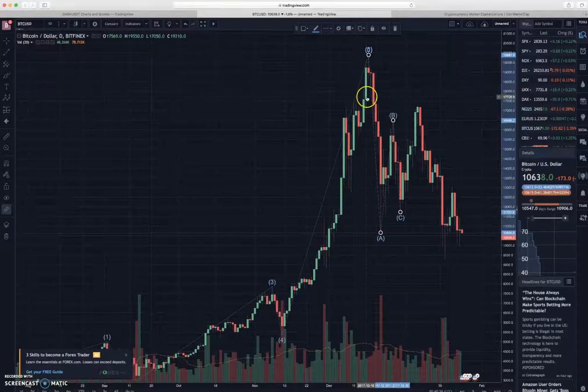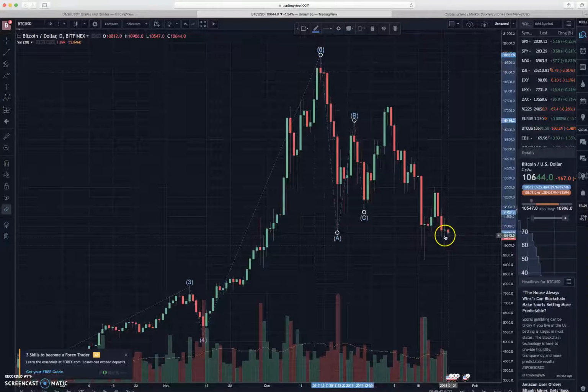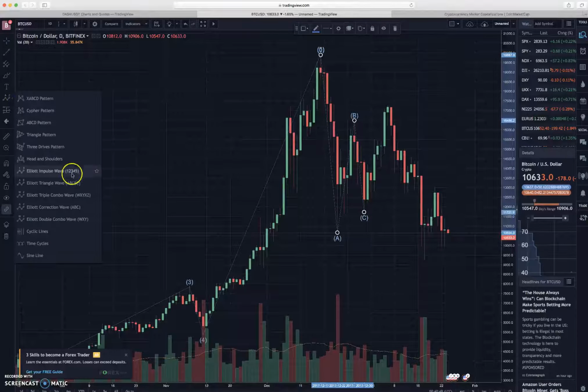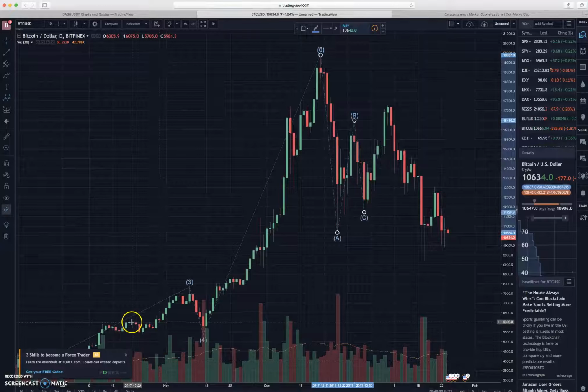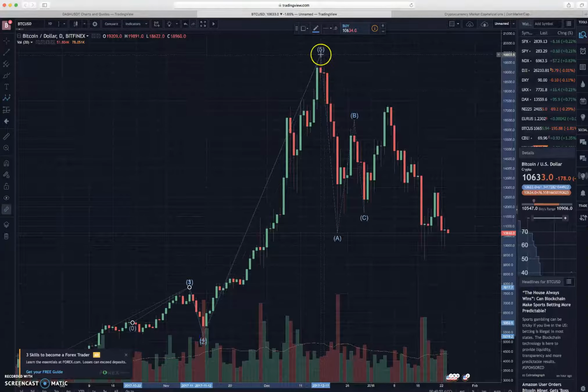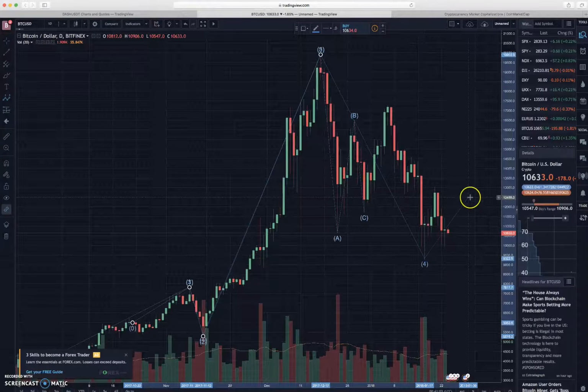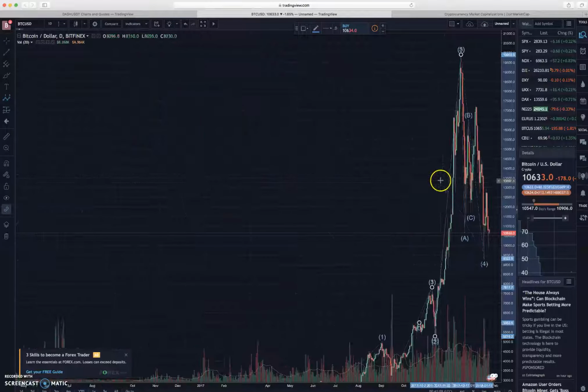But something that's cool is you can start. I've heard a lot of people who are talking about how we're in wave 3. We just ended wave 3, and what's happening right here is actually a 4 correction. So I'll draw that out for you and show you guys the idea behind that. So if this is your 1 wave and then down to 2, this was the 3 wave, and then say this is the correctional 4 wave, and then what would happen,